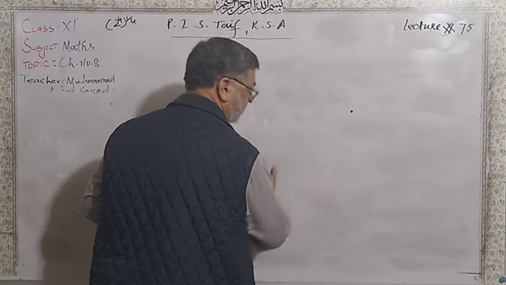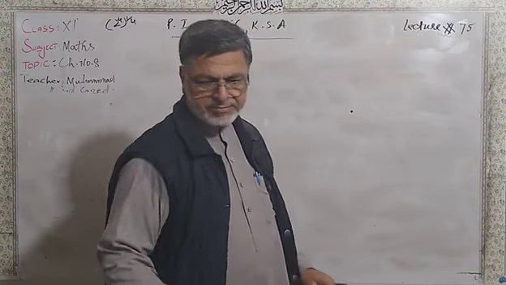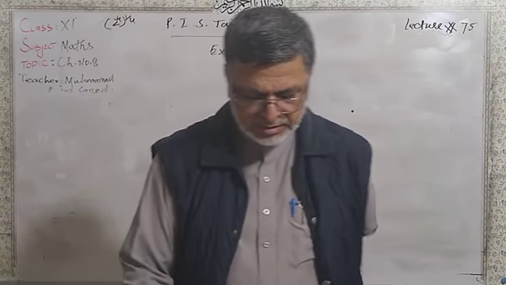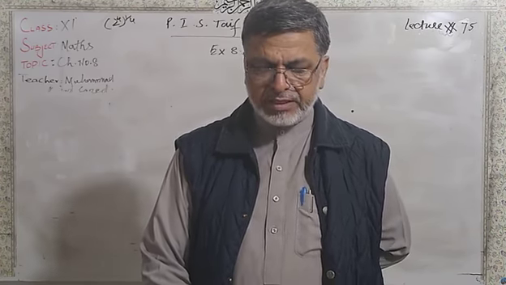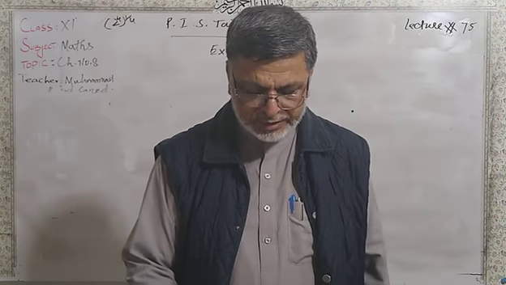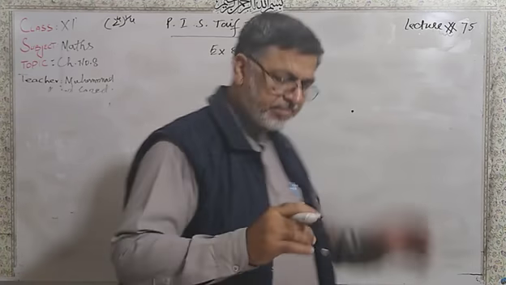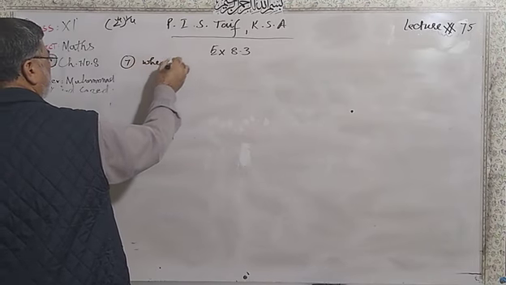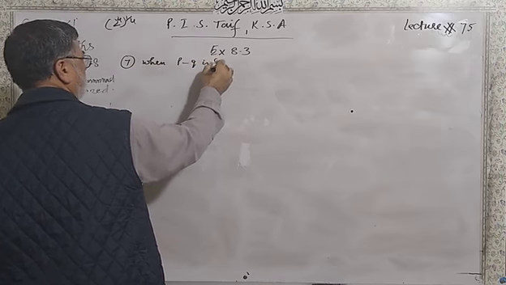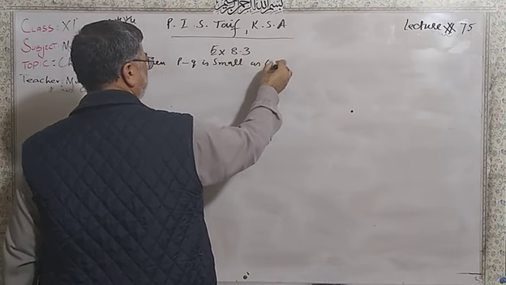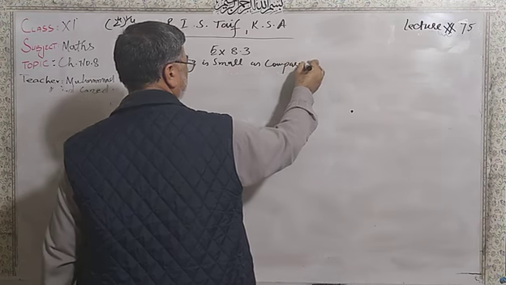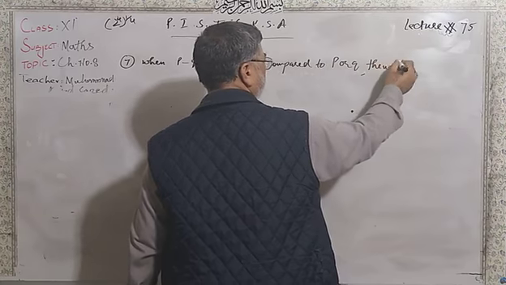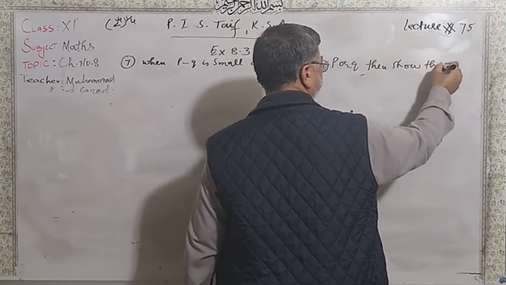Here we can have question number 7. If P minus Q is small when compared with P or Q, then show that